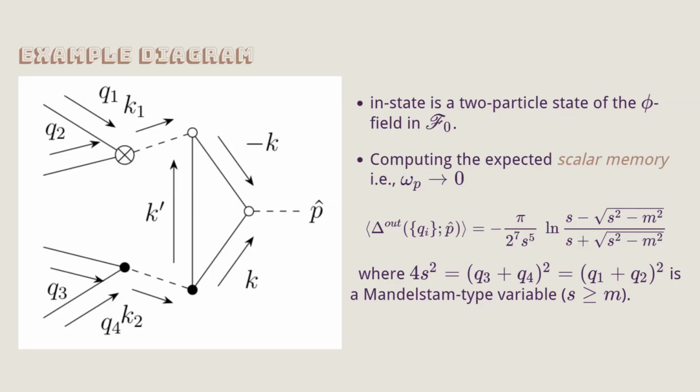I would have thought you do 2 going to n plus 1 and then n back to 2. So this is not quite the square of an S matrix, but it's 2 going to n plus 1 and n back to 2 and sum over all n. Is that the correct way to think of it? Yeah, in the S matrix language, I've summed over everything that was not this p hat. But what this additional p hat operator is doing is creating one more particle. So if I inserted a complete set of out states, then it would be like 2 going to n plus 1 and n going back to 2.